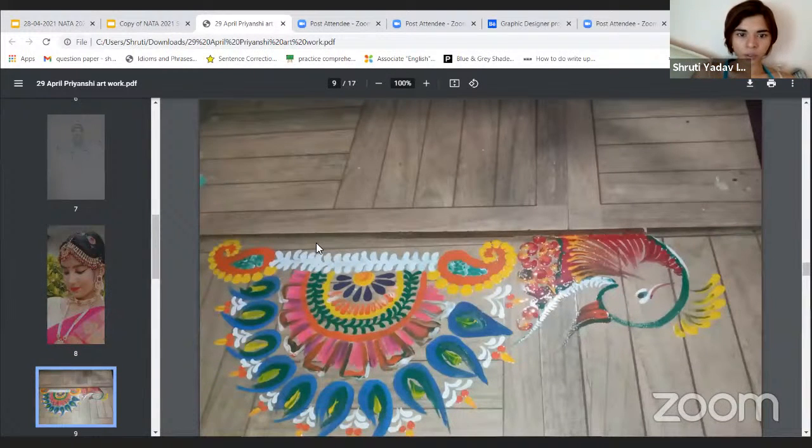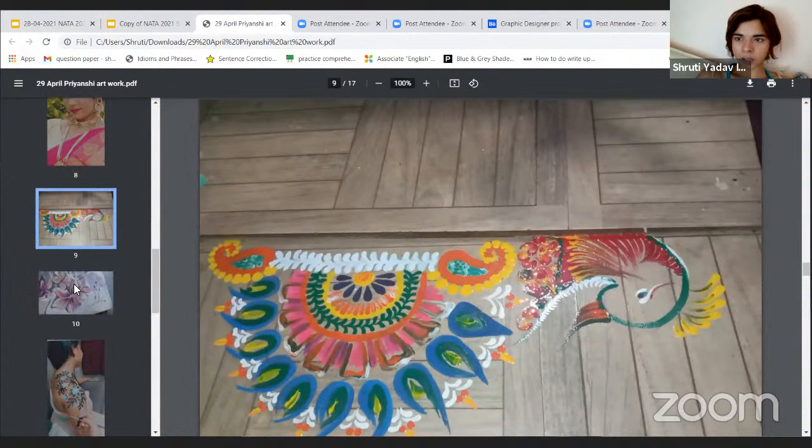Then about this, you can write what occasion it was, or give a quote saying you wanted to do it for this particular occasion. Or if you don't want to, you can just write Rangoli and the colors you used and probably the date if you remember it. But that's not necessary in the hobbies part. That is more relevant to the artworks part.